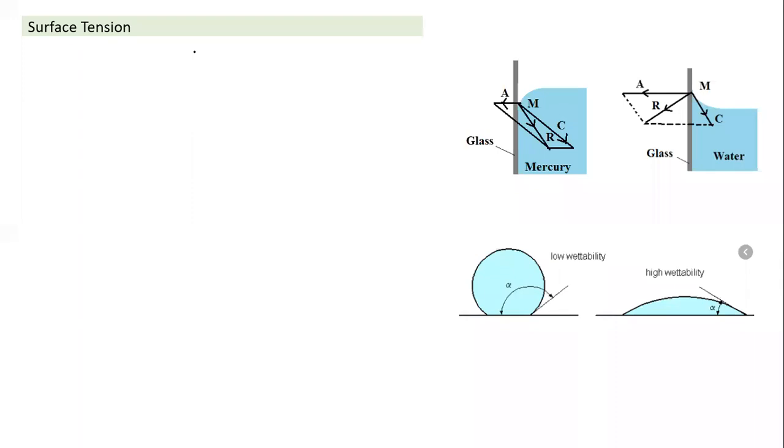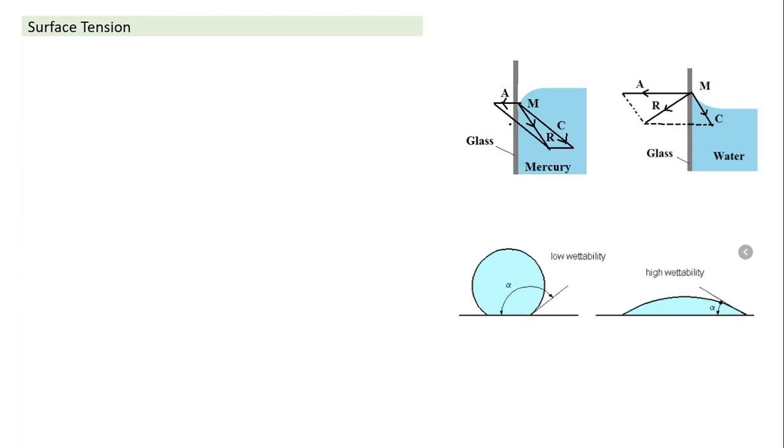Another important term related to surface tension is angle of contact. We have shown two kinds of figures. If you have a glass and mercury, the shape of the boundary of mercury near the glass is something like this. And this is how water's shape is when it is kept in a column, in contact with a